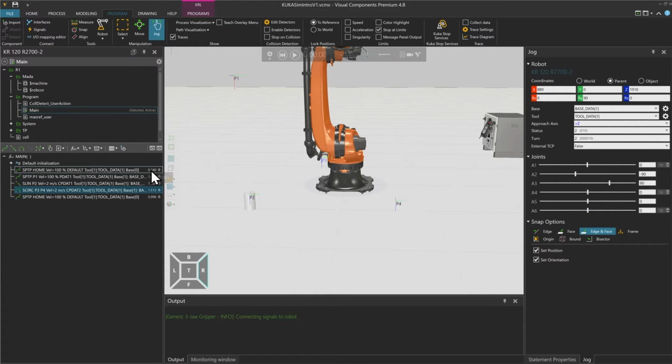You can see that here next to every statement and movement there is already a cycle time written down. So you could now look at it and sum it up and you will have the same cycle time as on your real robot or with using a real controller. But in addition to that, we can add also a timer. For this, we will select the home position where we want to start the timer.